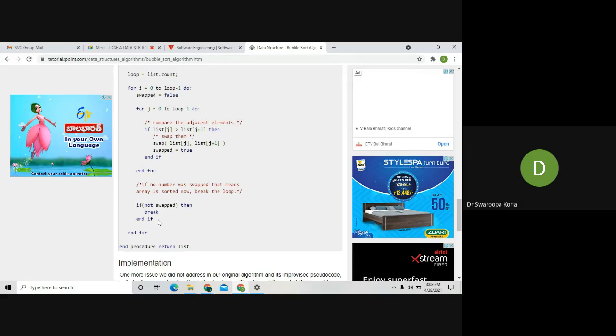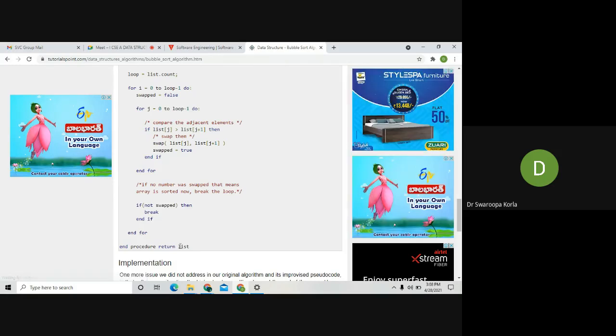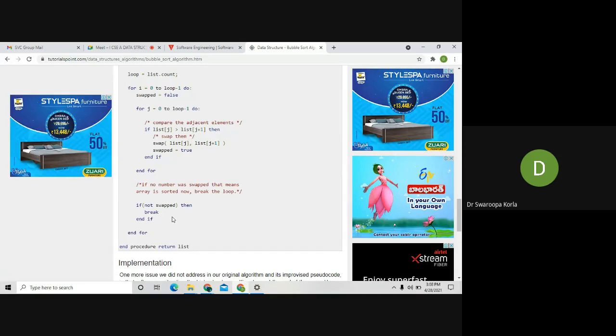If you are not writing the break statement here, it won't actually come out and return the list. Out of the if condition, it won't come back again. So you need to break because it seems all elements are in an ordered list. So no need to swap, no need to sort the elements here. So it has to give the break.